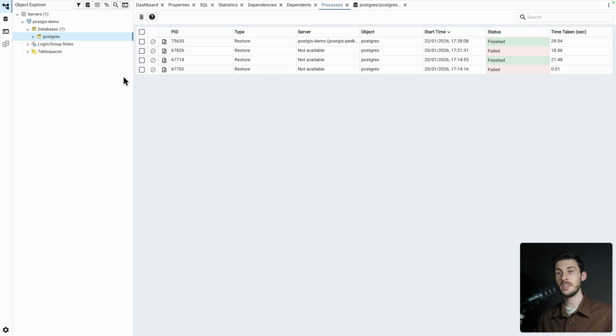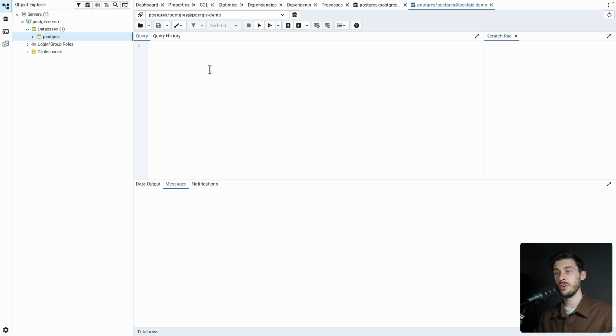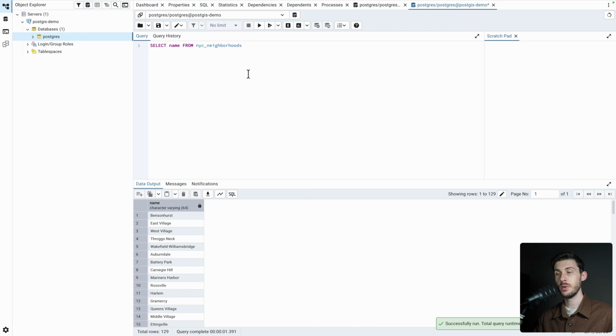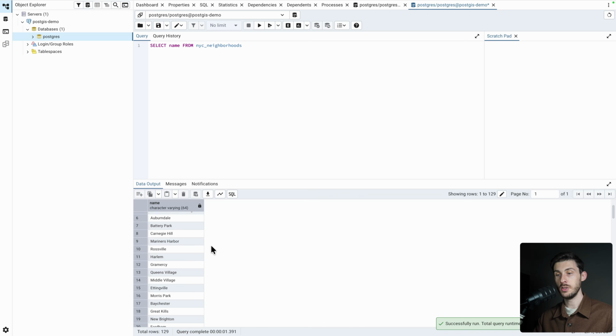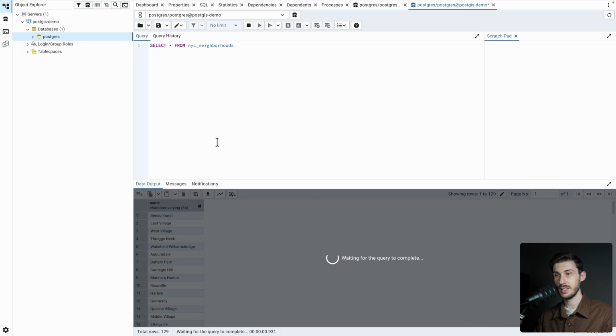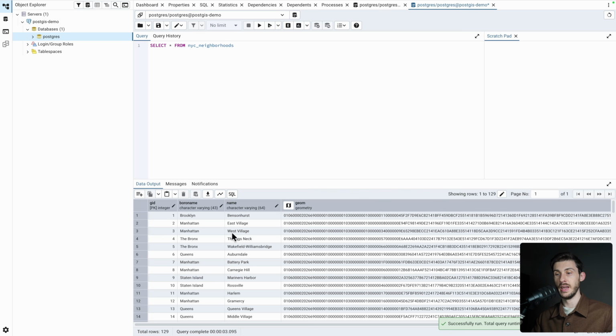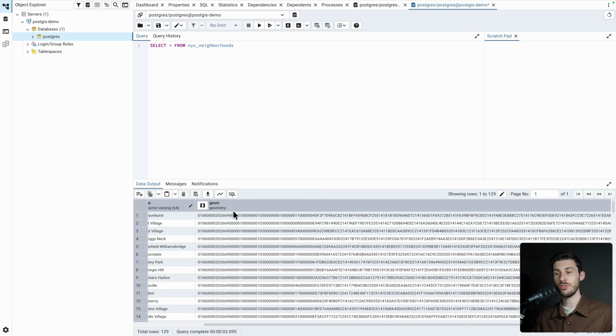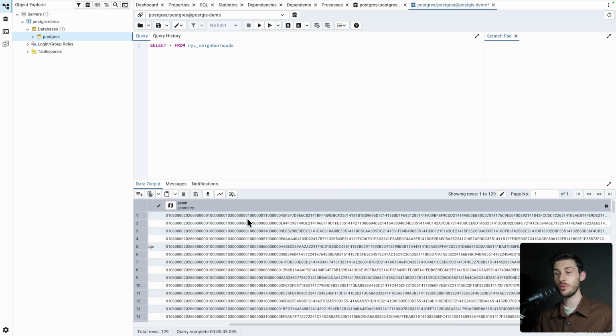And then in your classic PGAdmin, you can simply run a request. What we visualized was the neighborhood. So let's select the data from it. We can select all the name. So here you see all the different names of the neighborhood. To visualize the structure of it, we can run a select star to have everything. And here you can see you have classic columns, but you have this special geometry, which is what we saw